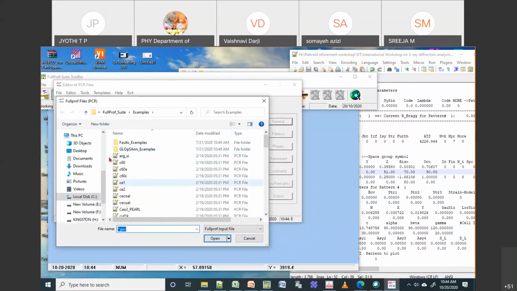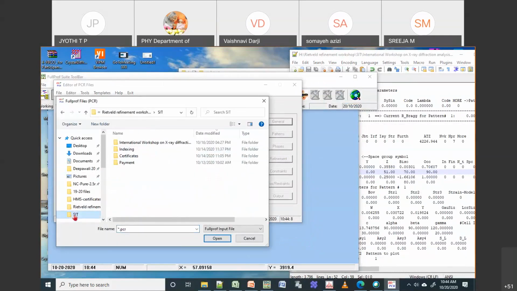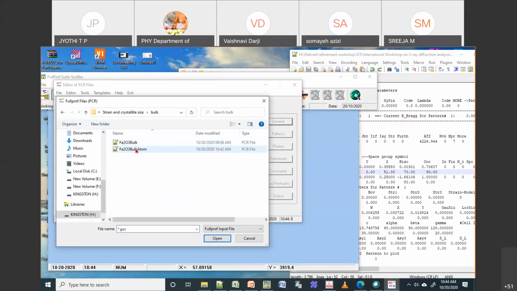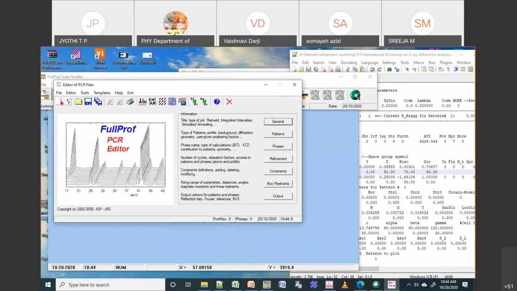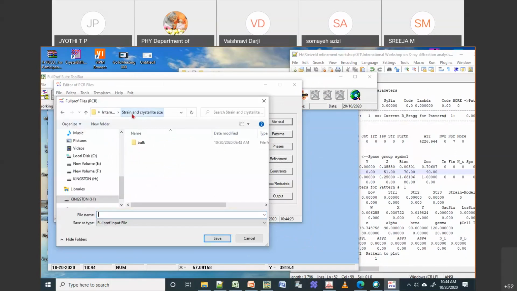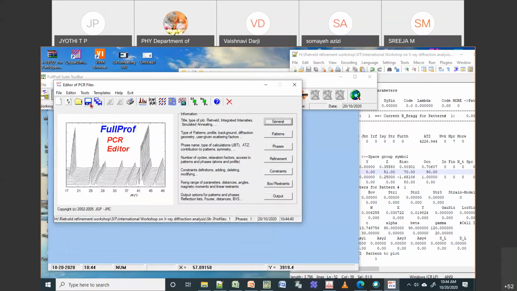For this example, I will open the same PCR, then save it as a new PCR. I will go to this folder and name it something like nano. I will save this as Fe2O3 nano. Okay, so this is a new sample. I have saved it like that.